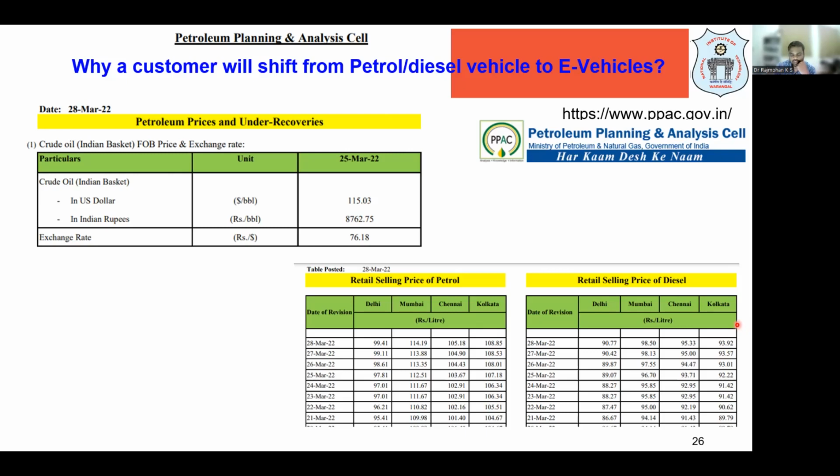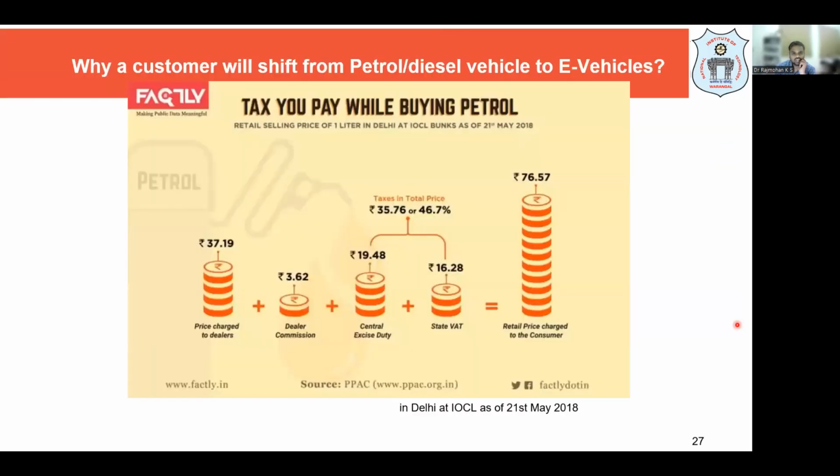This is affecting our daily life. Remember, petrol price impacts the cost of your tea and the vegetables you buy, because everything needs to be transported from one place to another. So when petrol cost increases, the cost of every commodity increases. It also depends on the government's decision on how much tax we have to pay.